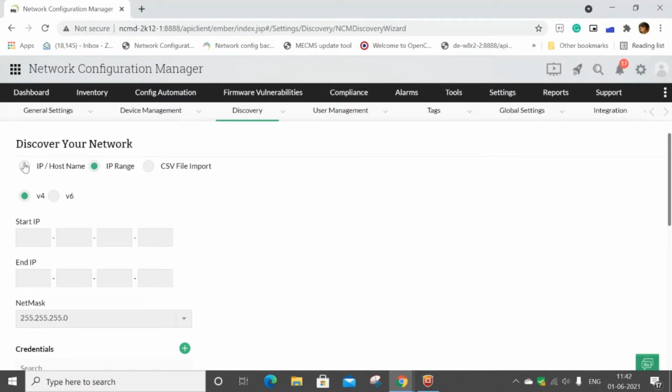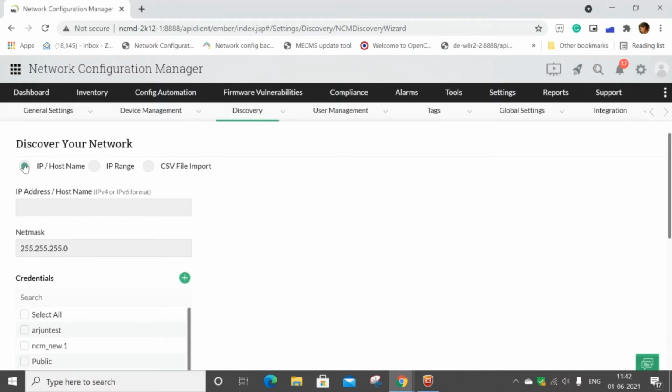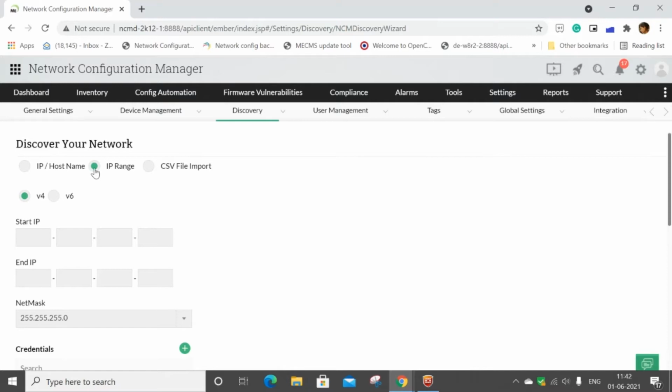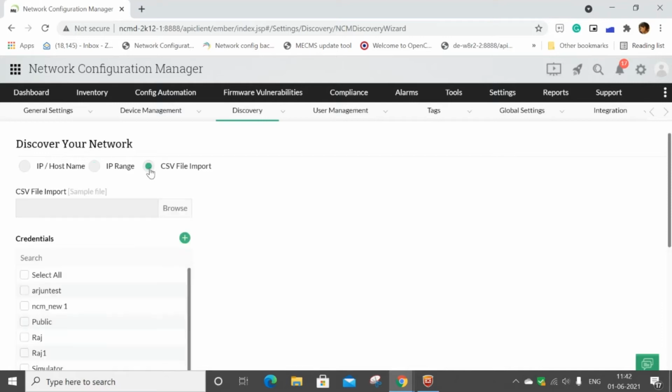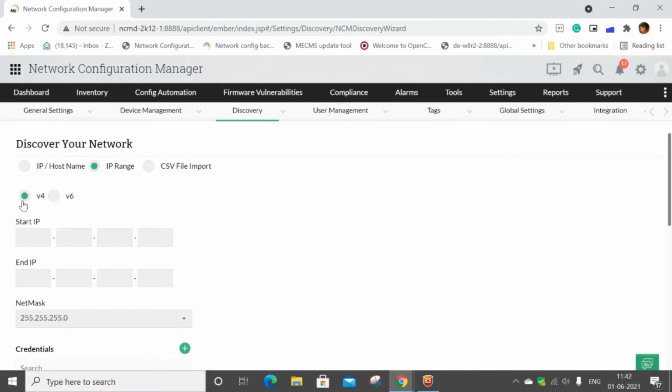Here you can see the SNMP way of adding a device. You can either provide a single IP address or host name if you just want to add one device. If you want to add multiple devices, you can provide the start IP and the end IP, and you can also provide a CSV file import. So I'll provide an IP range. I'm selecting the version v4. I'm providing the start IP as